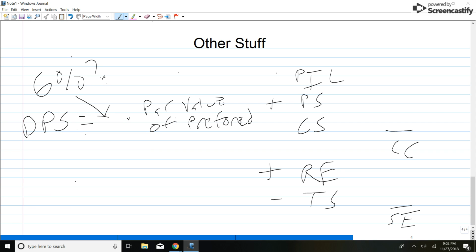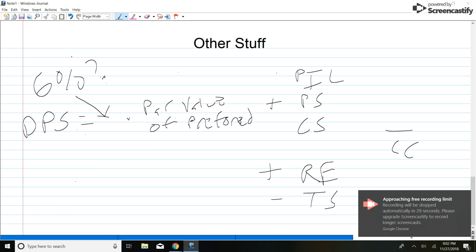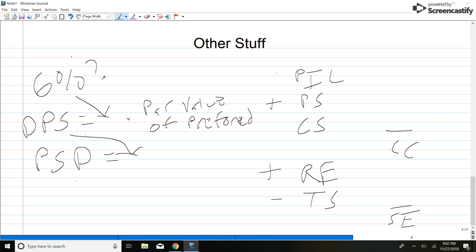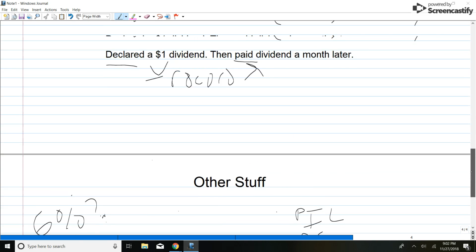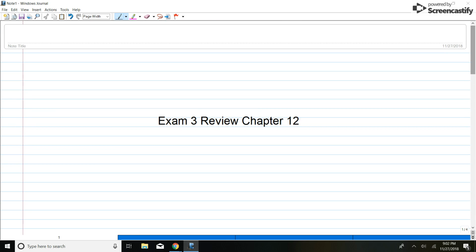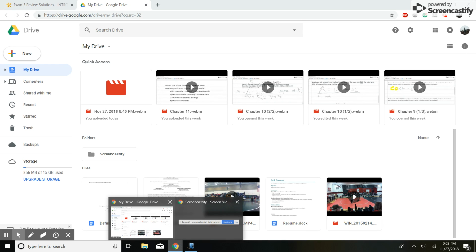Then to get the actual preferred stock dividend, you would have to take this number multiplied by preferred shares outstanding. So if you keep all this in mind and you know how these transactions affect everything, I think you'll be pretty solid for chapter 12 on the third exam. So just keep in mind all that stuff and email me if you have any other questions, or if you have something else you desperately